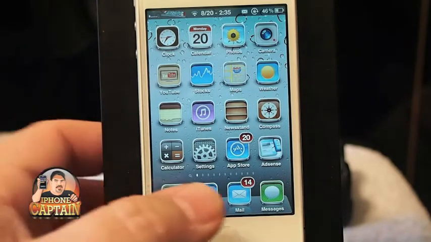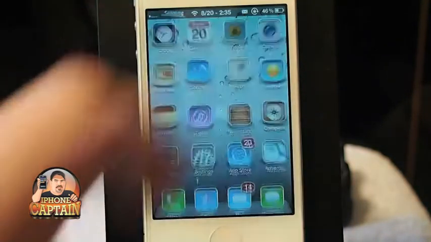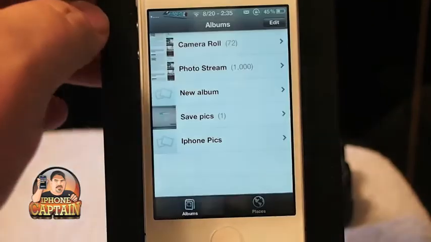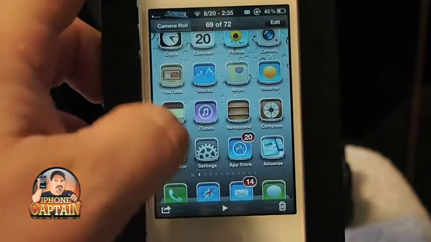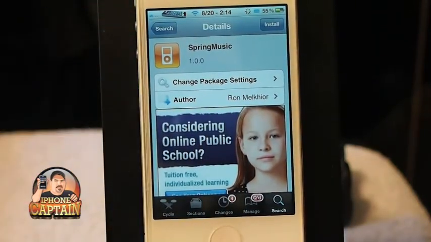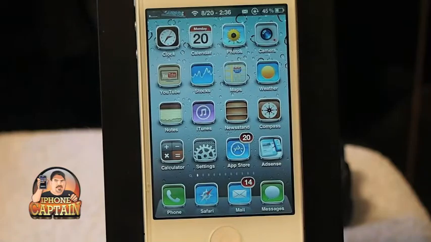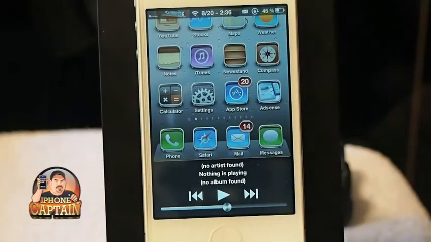This is one of my favorite tweaks right here called Spring Music. And let me show you what some of these tweaks look like that we're talking about. Spring Music right here. That's what it looks like in Cydia. You can check it out there. It works off of an activator. I've got it set to triple tap. When I triple tap the home button, you see